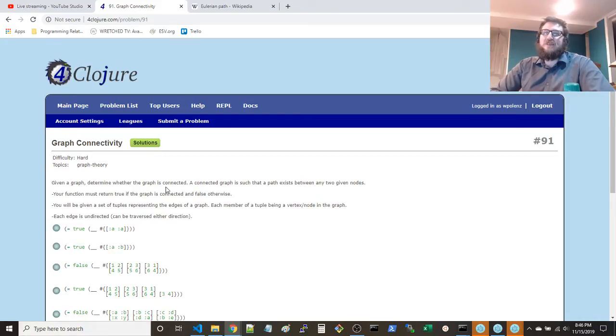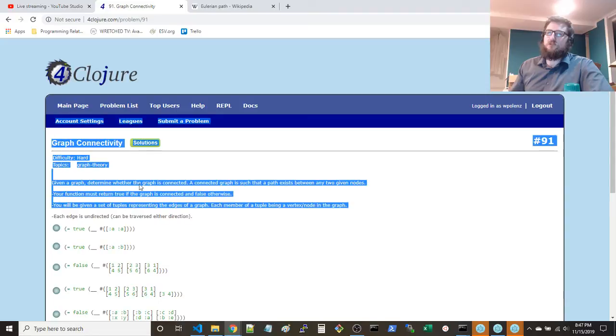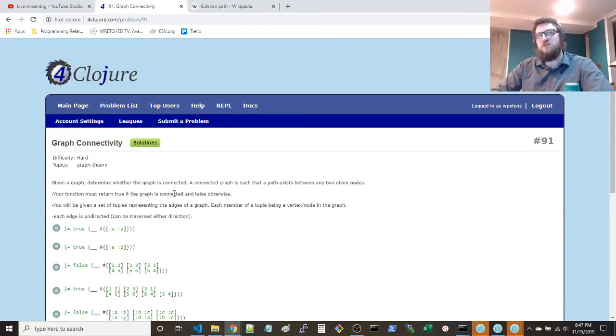So here we go. Given a graph, determine whether the graph is connected. A connected graph is such that a path exists between any two given nodes. Your function must return true if the graph is connected and false otherwise. You will be given a set of tuples representing the edges of a graph, each member of a tuple being a vertex node in the graph. Each edge is undirected, can be traversed in either direction.